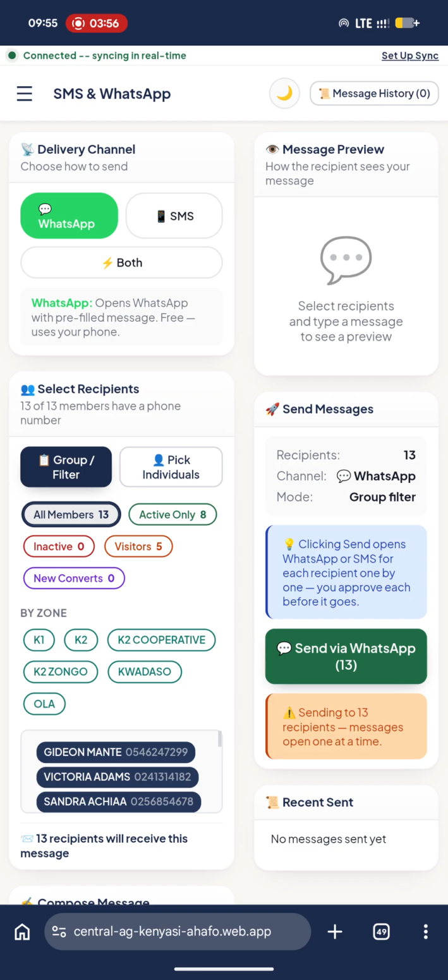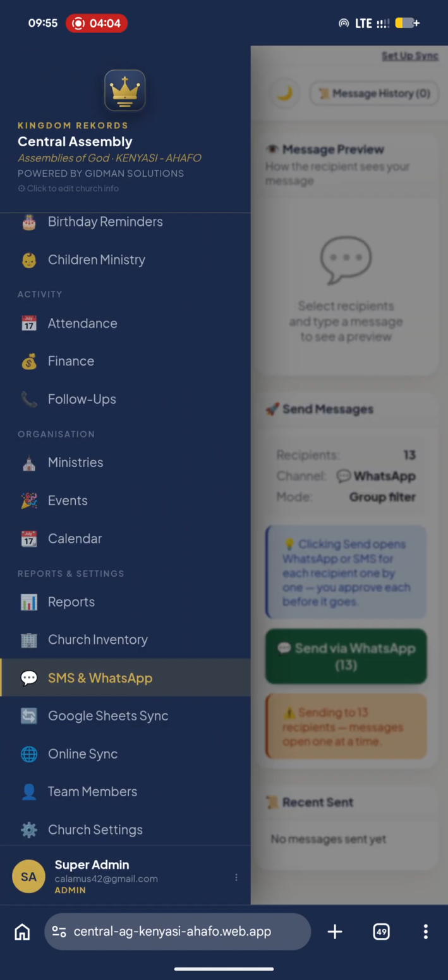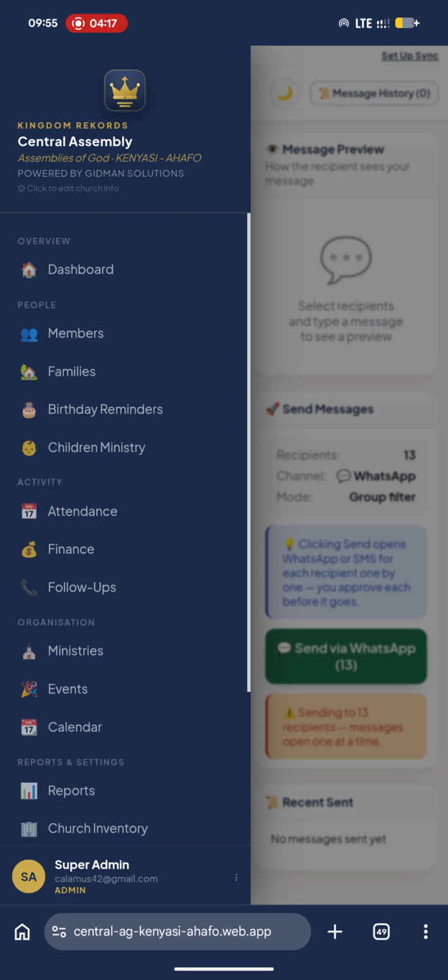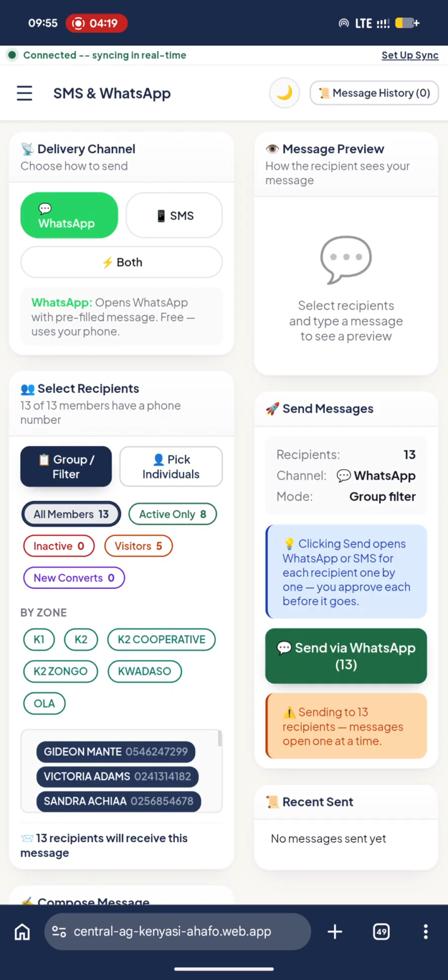There's also a workaround. You can easily collect the phone numbers of the members. Then you can later on, if you have a bulk SMS service, take it there and populate the numbers and send the bulk SMS over there. So currently, this is a quick overview of the church management app I developed to solve a real life